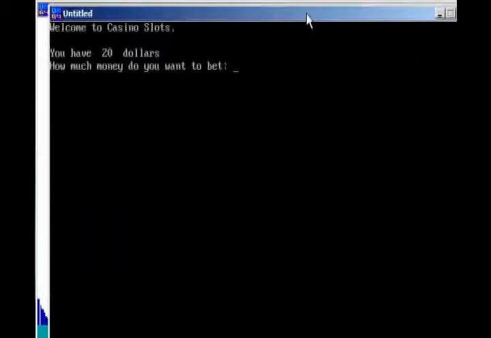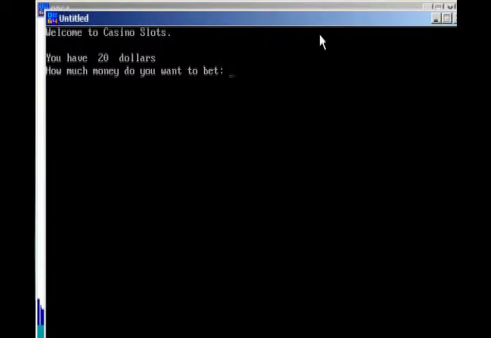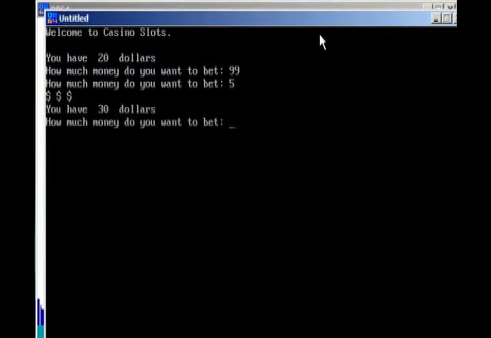So let me drag this so you can see. "Welcome to Casino Slots. You have $20. How much do you want to bet?" I'm just going to go ahead and try 99. Nope. And so let's try $5. You have $30, because if